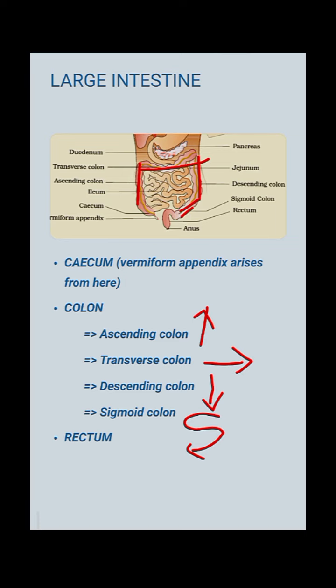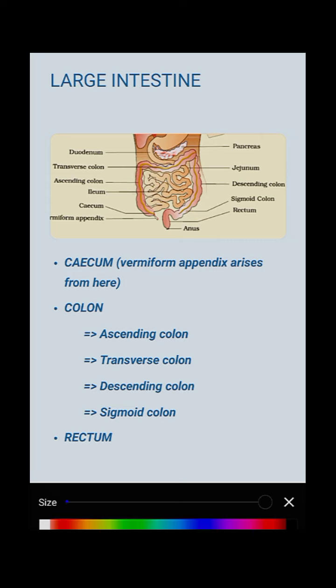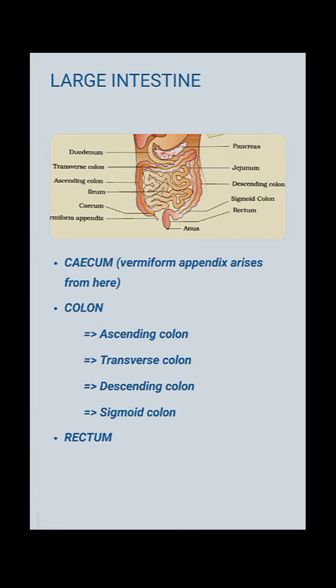There's nothing more in that. Next is the last part of our alimentary canal, the rectum. You can see that is the rectum. It is the place where we have temporary storage of undigested food, and after that it passes out through the anus. The anus is an opening and is not a part of the large intestine. It is actually an opening, just like the mouth. The mouth is just an opening, and the anus is also an opening.